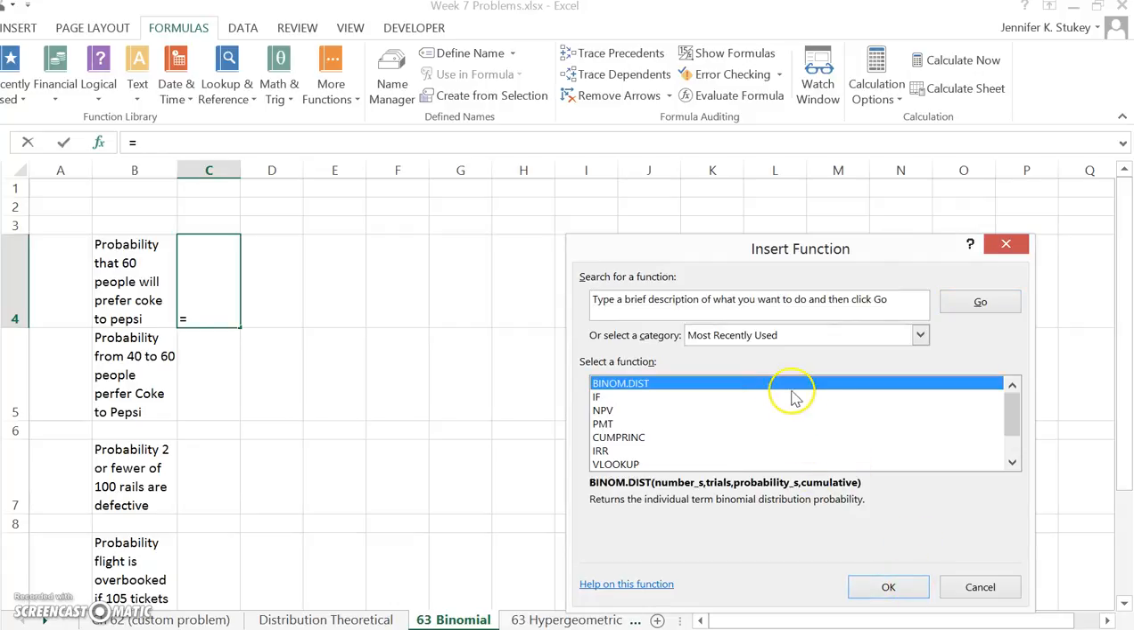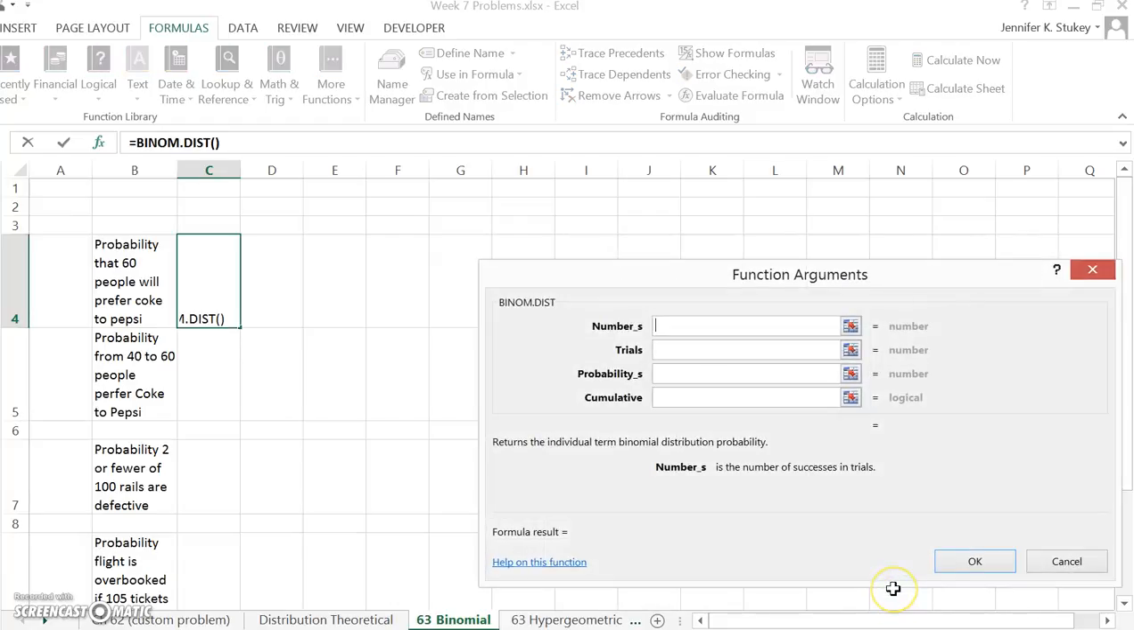So I already have my binom dist up, and so I'm going to press OK. Our number that we're looking for here is 60. The number of trials that we're going to conduct is 100, and the probability of success is 50. Okay, and cumulative. This can be the tricky part of this,